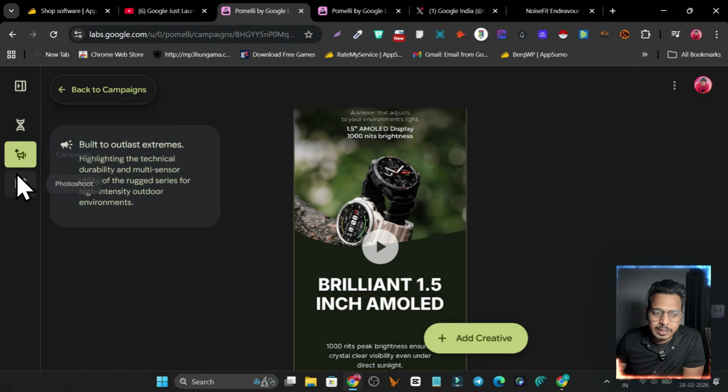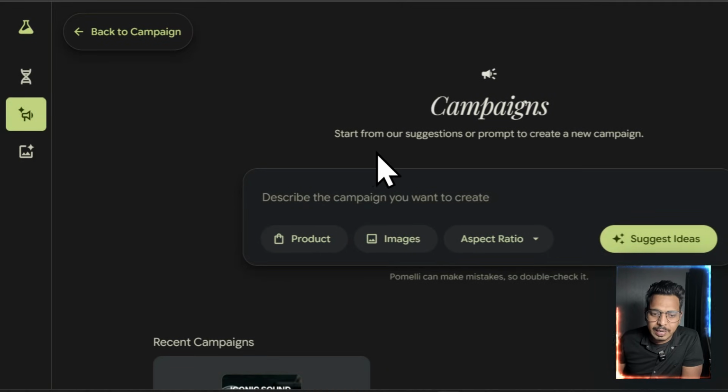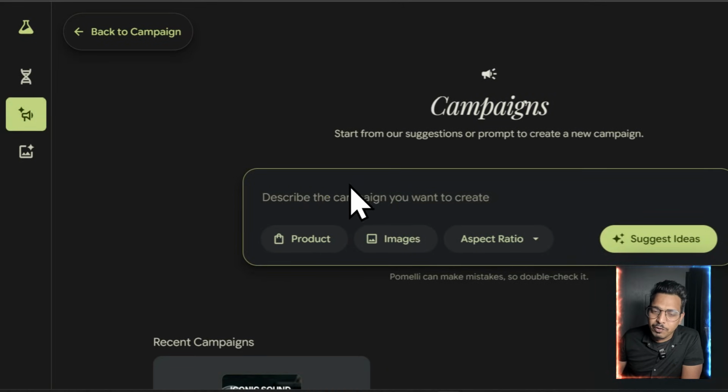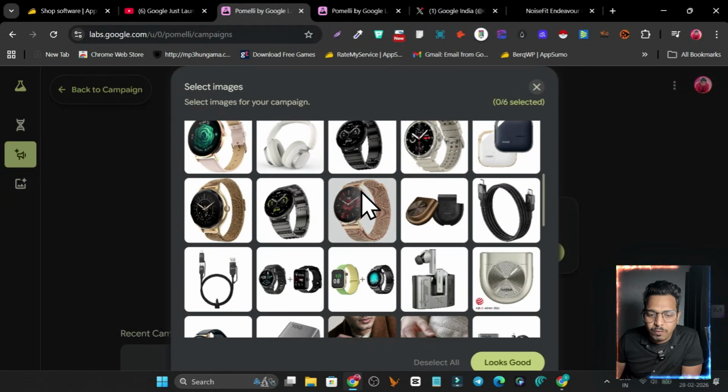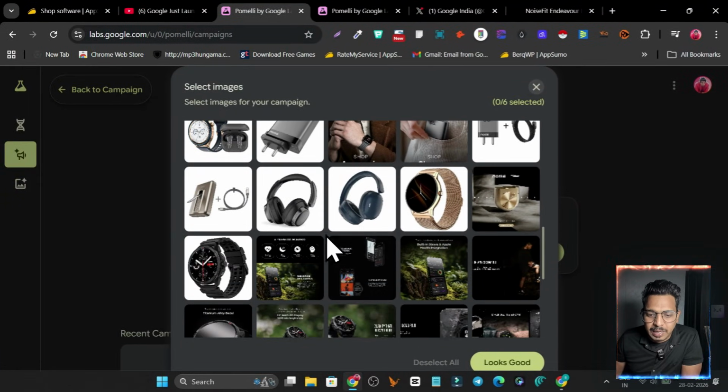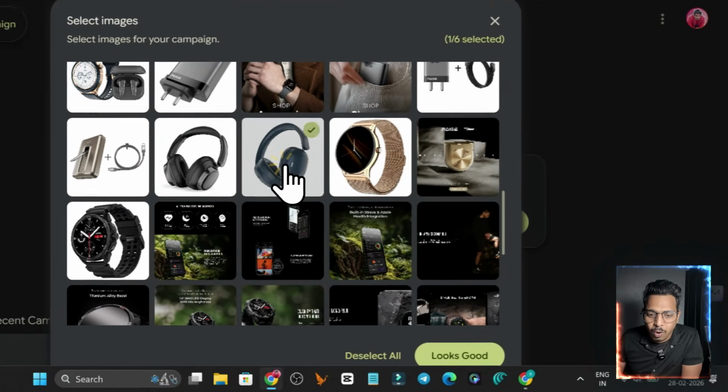And if you want to generate more things, you can simply go to the campaign. Here you have to give any ideas. Even if you don't know what idea you have, simply select any of the images that you got from the link in Pomelli. For example, right now I am going to generate the creatives for this headphone, or this one. Okay,